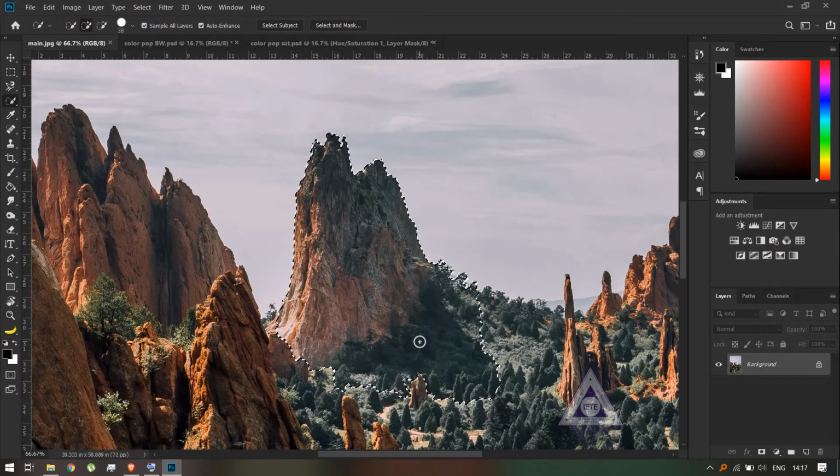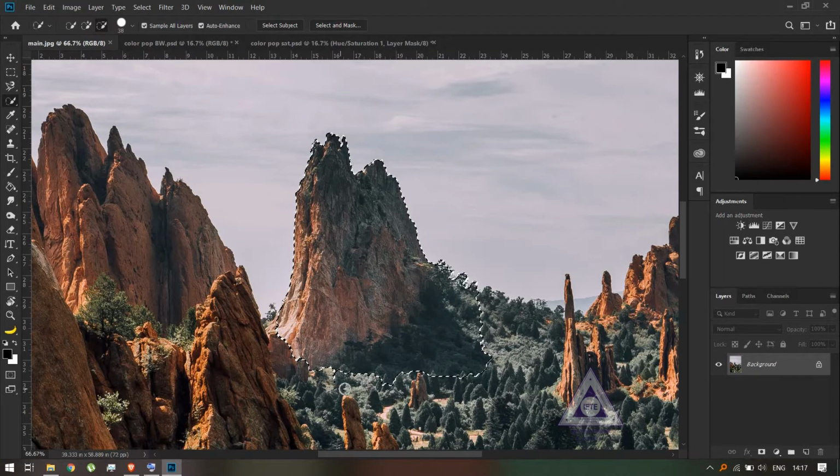And to deselect it, like I said, you hold down the Alt button so you can deselect the area. So as you can see, the cursor which had a plus in the middle of it now has a minus. So again, I'll show it to you all. If you press the Alt button, the plus becomes the minus right here. And now if I drag over the green area, you can see it's deselecting the area.